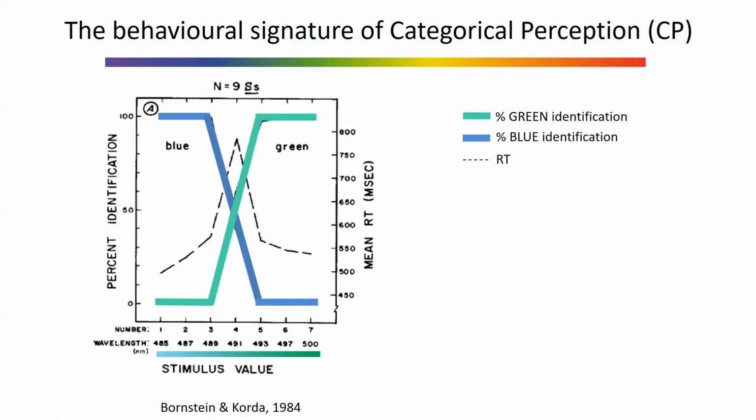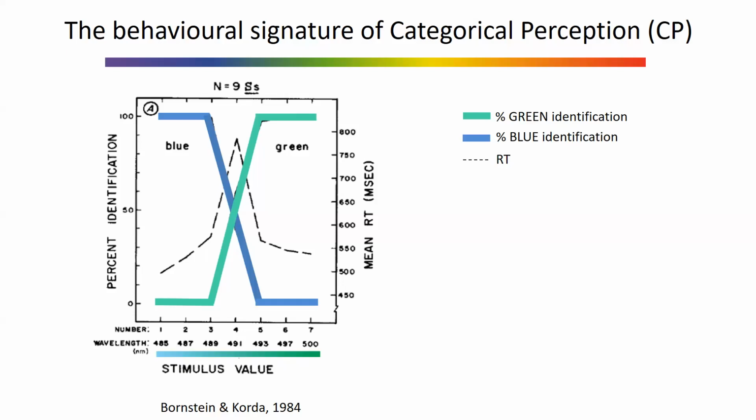So there is this sharp transition. So one signature of categorical perception is that the transition between categories, it's not smooth, it's actually quite sharp. Similar thing happens with phonemes in auditory perception. So there is this sharp transition at which point the color is neither here nor there. And you can see in the dashed line that the reaction time is much, much longer as participants, in a sense, try to decide whether this is blue or green. And after that, the color becomes green.